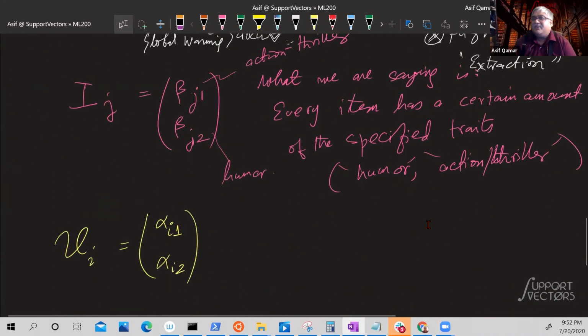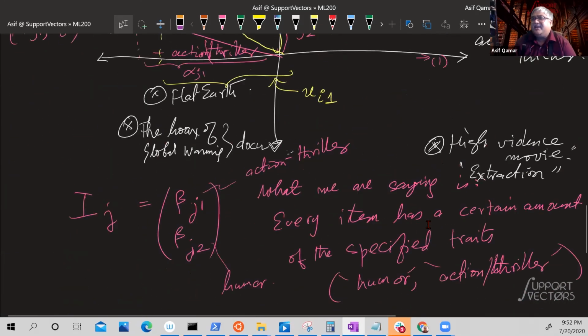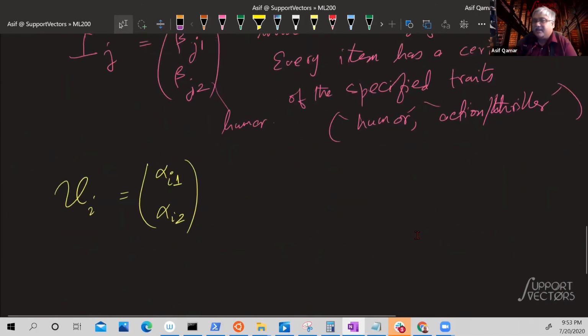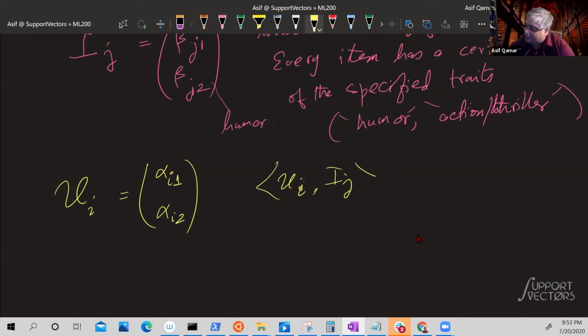Now looking at this space, a very intuitive definition would be to look at, suppose there is an angle theta between them. Would you say that in some sense, user I in a product with item J, the dot product,